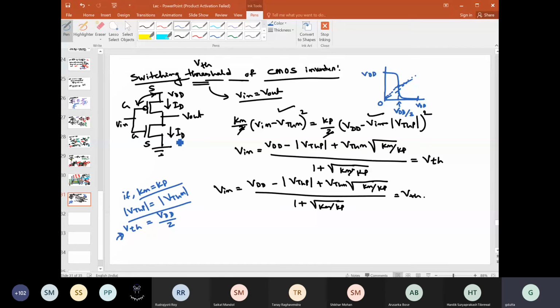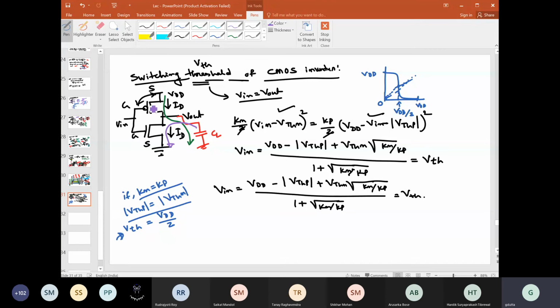And if you remember, not in yesterday's but in a previous class, maybe 2-3 classes back, we also discussed this thing. Let me draw this. The output is driving one output capacitor, the CL. We have seen that during charging it has to charge through this path, which is why it is called the pull-up network. And during discharging, if it is initially charged, the capacitor has to discharge through this NMOS.